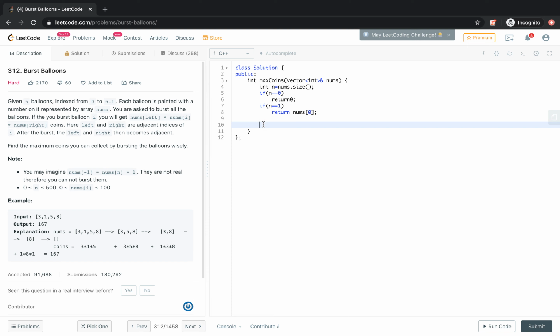There are two options: either we can modify this vector, or we can take an extra array, copy the values, and set the 0th and last element as 1. Here I will take a different array so as not to modify the original array.